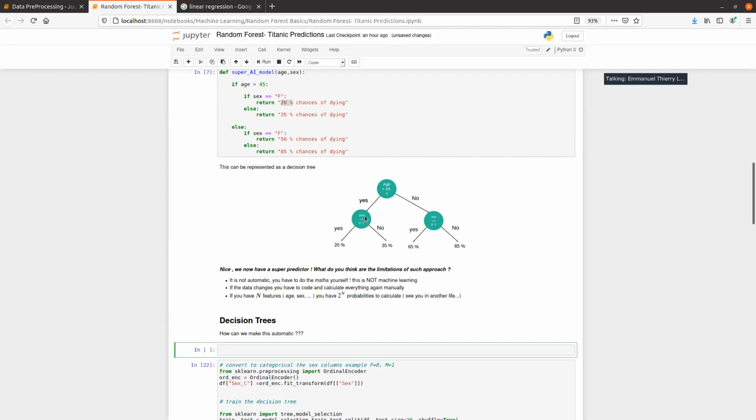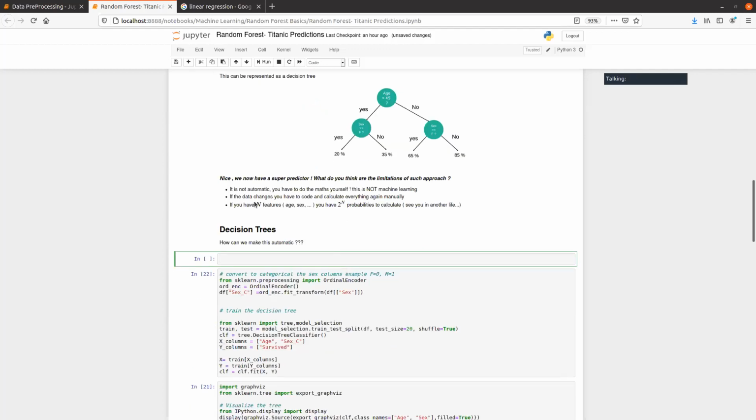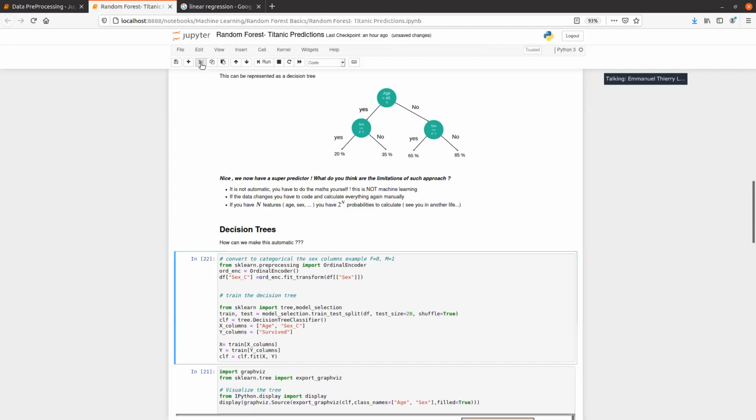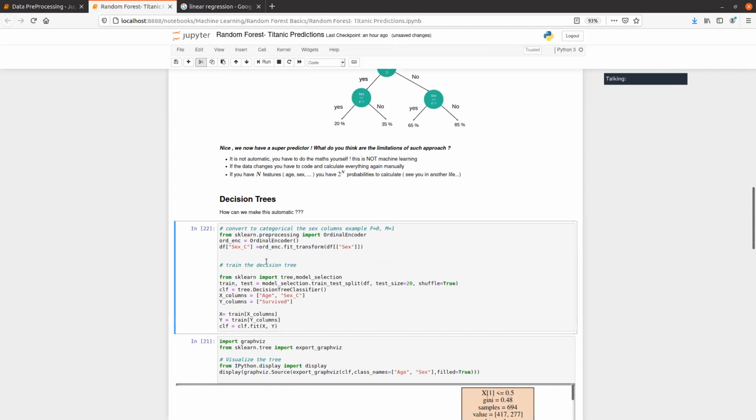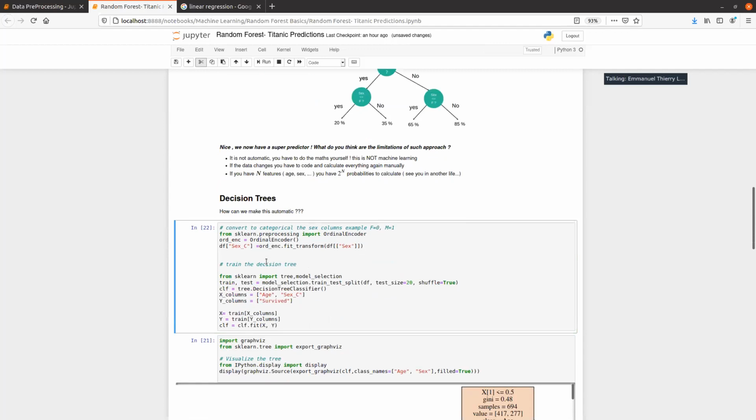Let's say there's a second split, age over 45 but also between 45 and 64, then we also add the feature age at the second step. And we go on and on. I didn't get really into theory here, but you can get a glimpse of how we can automate such a process.